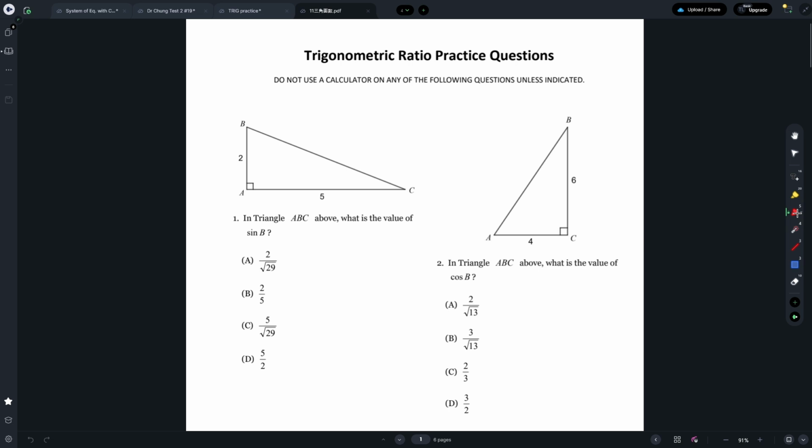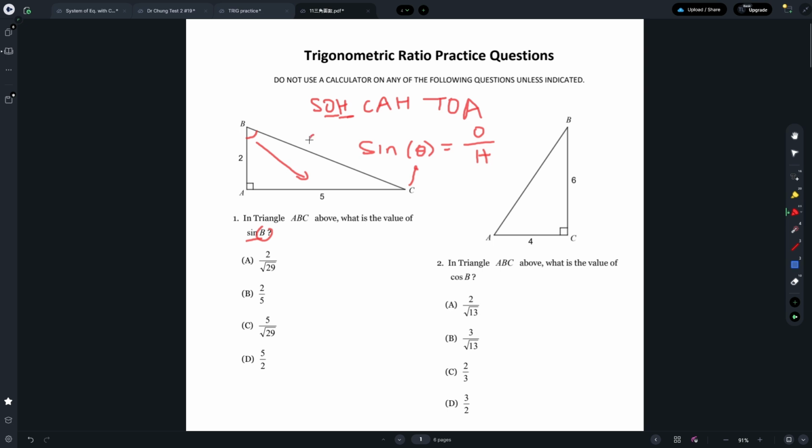Okay, in triangle ABC above, what is the value of sine B? So we know SOH CAH TOA, and this is something that is very important for trigonometry. These are the fundamentals for ratios. So it says, what is the value of sine? So we will look at S, which is SOH, and O and H mean opposite over hypotenuse. So sine of anything, say theta, equals opposite over hypotenuse. So we know sine of B, which is in replacement of theta, we look at here,